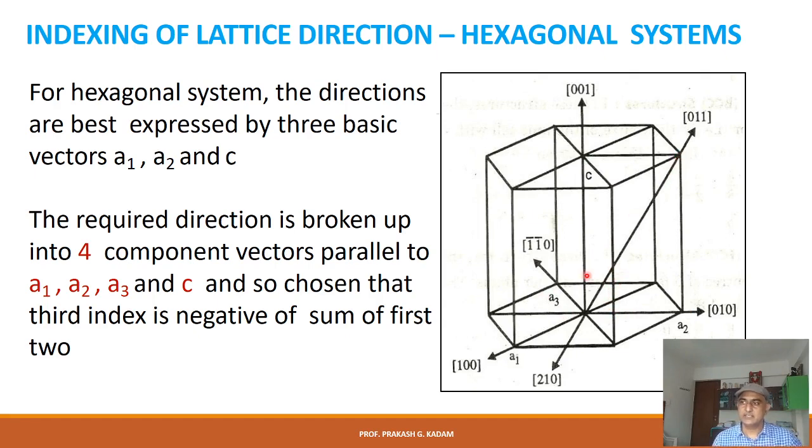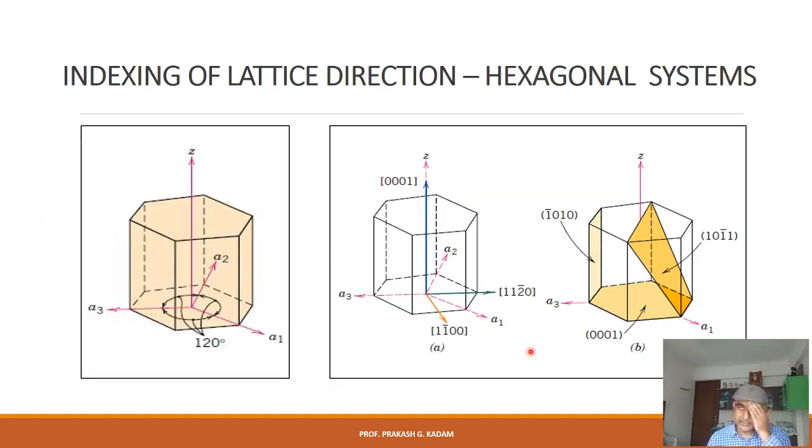And these directions are represented here. They are drawn here. In this direction, 0, 1, 1, 0, 1, 0, or 2, 1, 0. Like this, it is represented. Okay, for the indexing of lattice directions in the hexagonal system, a few more examples are shown to you. Suppose I draw the A2 point here, and this A1 and A3. So these are the indices for the hexagons.